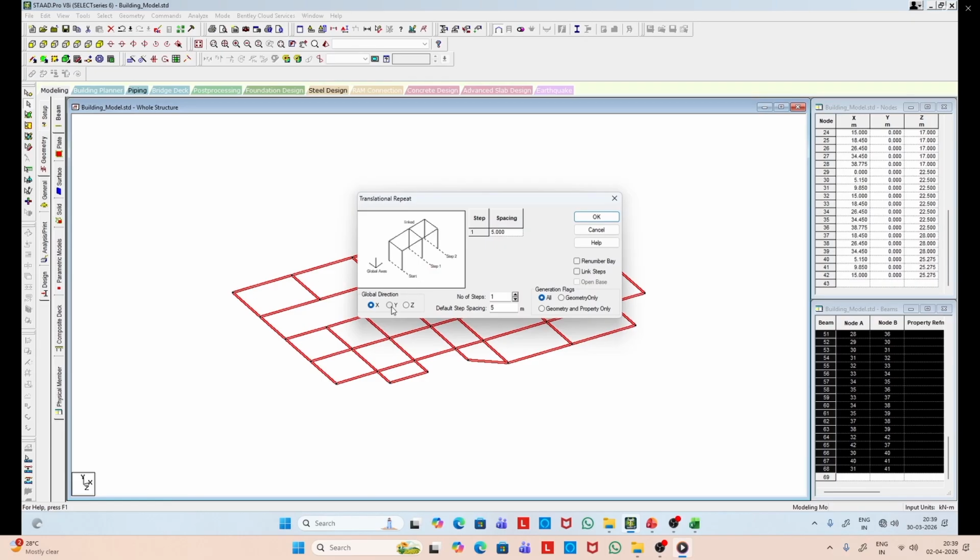Now we copy in the vertical direction. Y is our vertical direction. So along this direction at 4 meter we copy. So the story height is 4 meter.